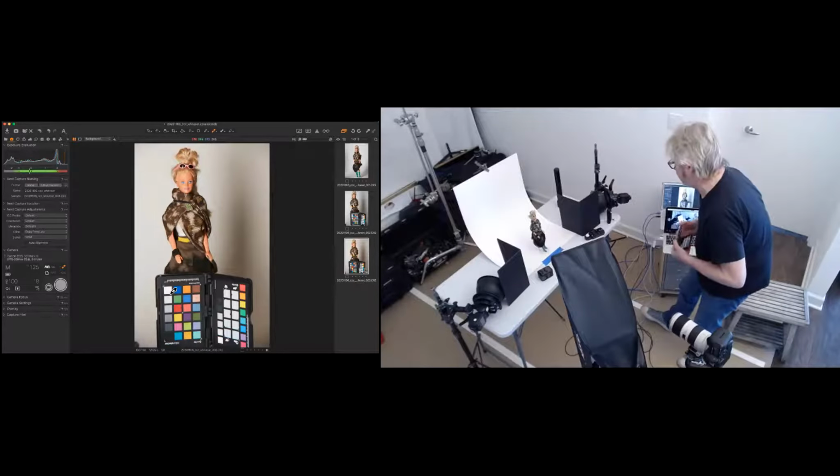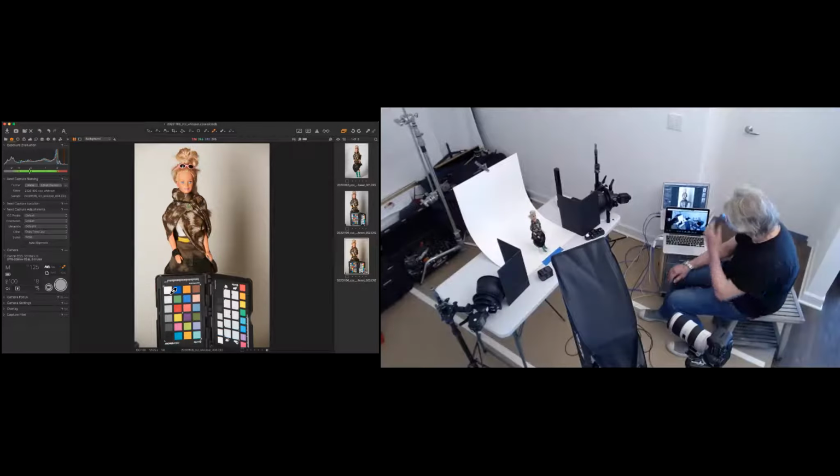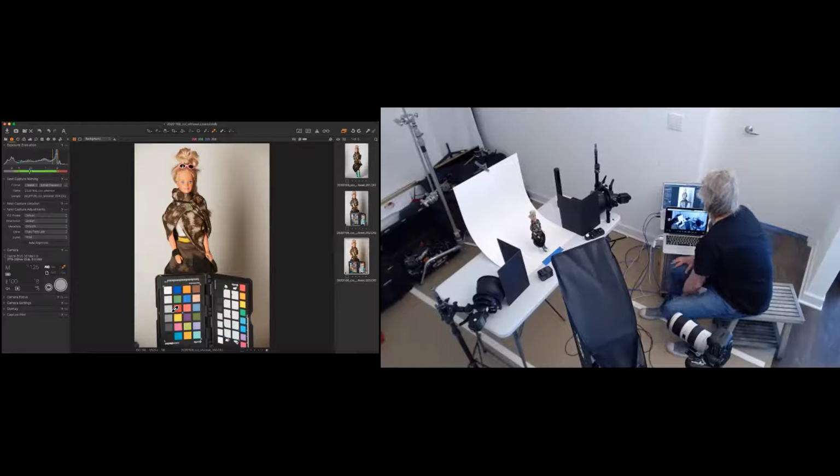I'm feeling pretty good about it. So I'm going to put this off to the side. Mercer, does that seem warm to you? Again, you are now looking at it on an uncalibrated monitor through Zoom. I have no idea what the color is that you're actually looking at. But if you look at the readouts, like where my cursor is hovering right now, you can see that the RGB values are all equal. So that would actually indicate that this is color balanced. If I come down to what I really color balanced on, it's a straight 205.